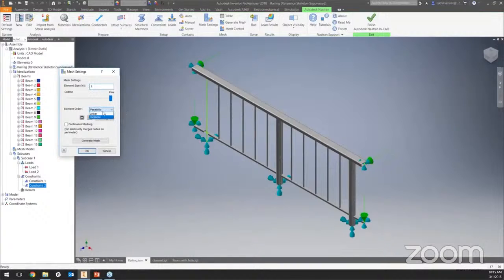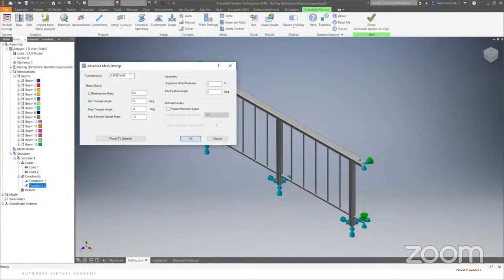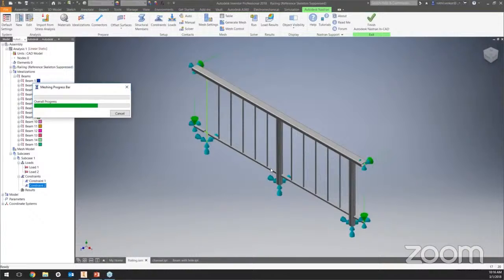We're going to use parabolic elements because, as we discussed, these are good general purpose elements. Now, I can also go into the settings and mess with the tolerances on here. So let's just say I use a tolerance of 0.01. I can generate mesh,